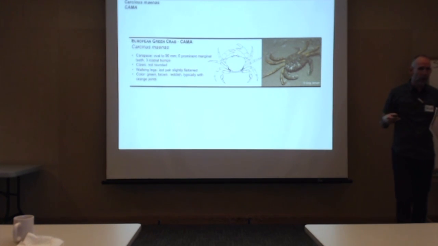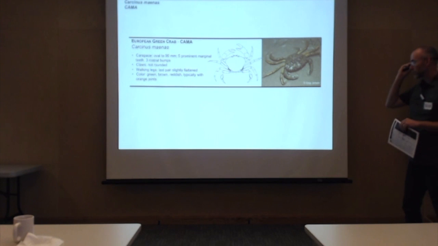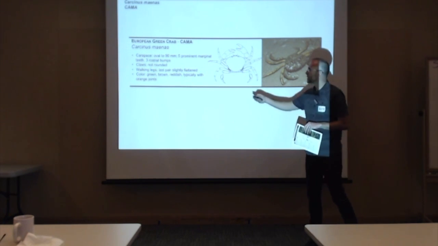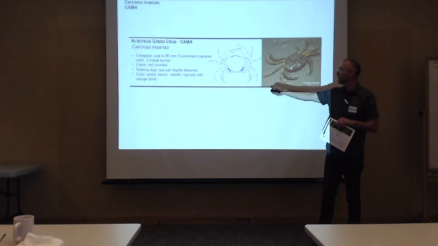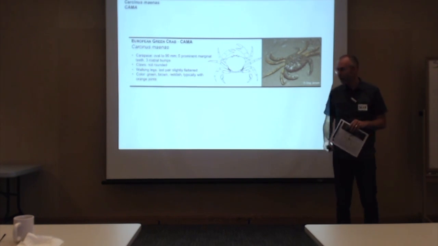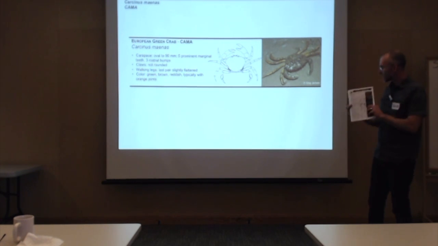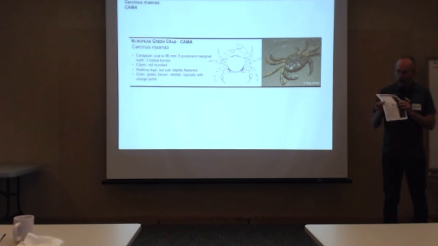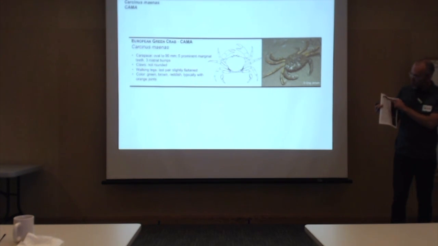That's important for our data collection. Now, you'll also notice that for each one of the entries in our ID guide, we use that mnemonic: clever crabs will conquer. Carapace, claws, walking legs, and then color. Okay? So, the last thing I'll mention to you about the ID guide are these yellow stars and triangles up